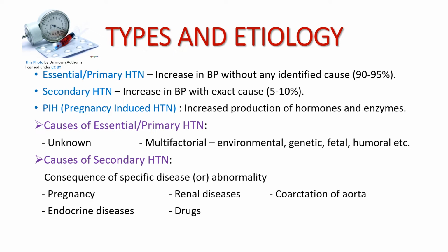The causes of secondary hypertension are the consequences of a specific disease or abnormality. These include preeclampsia during pregnancy, renal diseases like vascular, parenchymal, and polycystic kidney diseases, and drugs including oral contraceptives, corticosteroids, and non-steroidal anti-inflammatory drugs, etc. There are other reasons like coarctation of aorta and endocrinal diseases like Cushing syndrome, pheochromocytoma, and hyperaldosteronism,